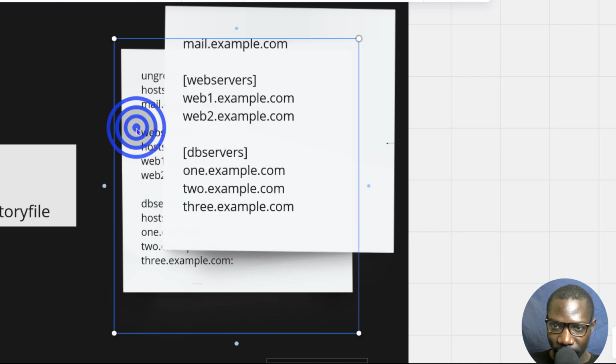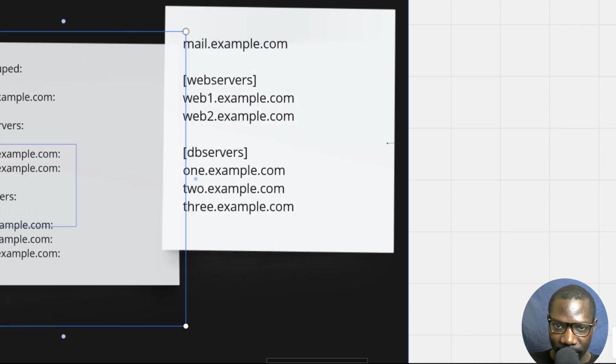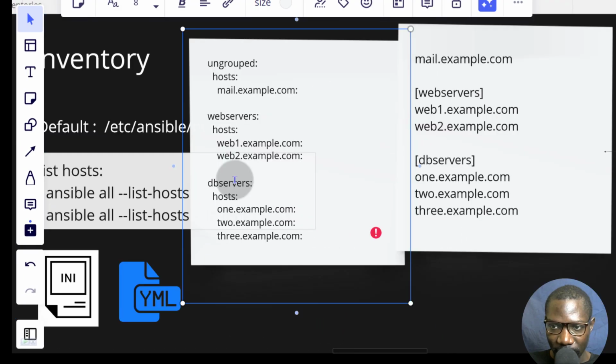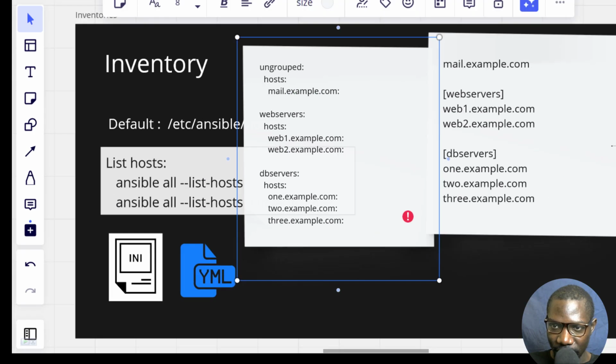In YAML, you can also create a YAML format. Let me bring this out. In YAML, you'll see that the ungrouped host will look like this, and the other grouped ones will be like this. Point is, you can have either a YAML inventory or INI inventory. In most cases, you're going to find that most people just use the INI format, and they only use the YAML format if they're creating dynamic inventories that will be used programmatically at some point, because it's much easier to work programmatically with YAML than it would be to work with an INI inventory.